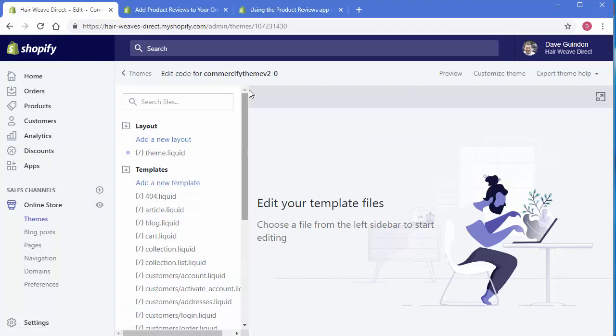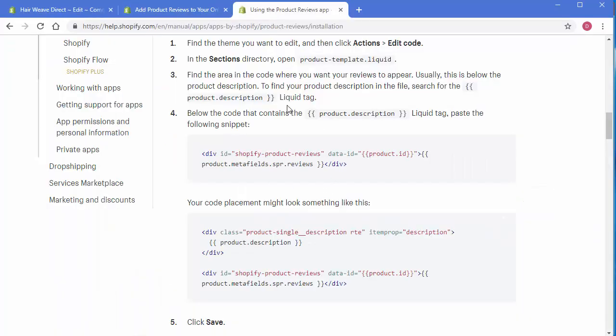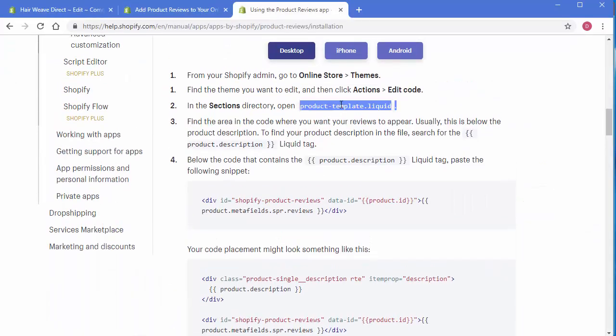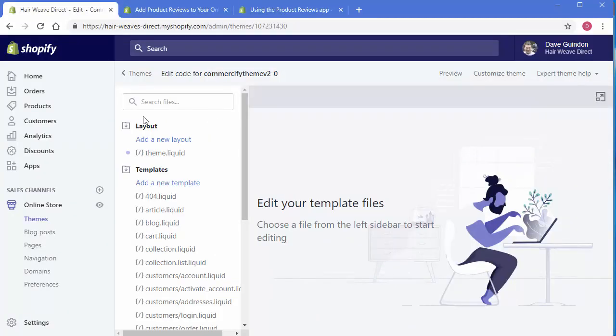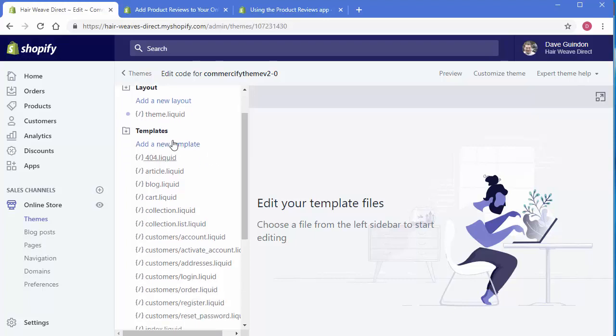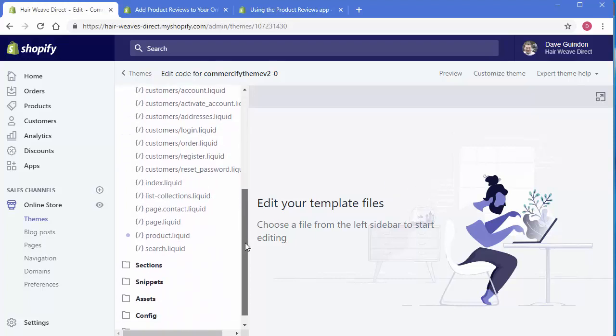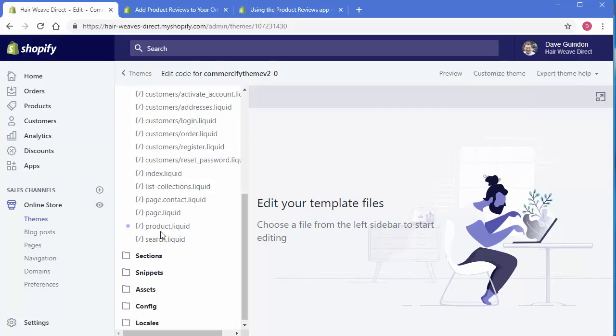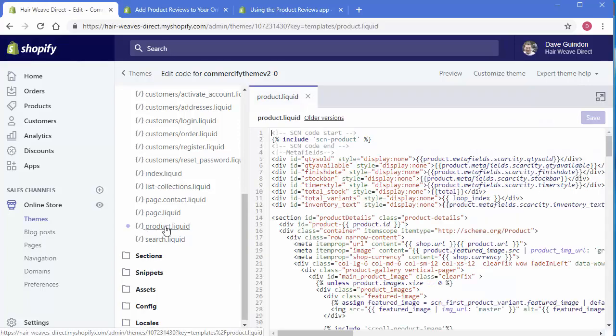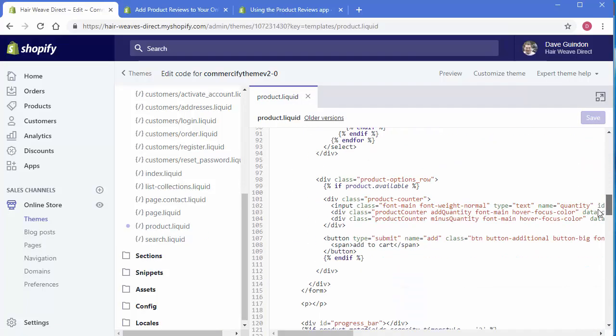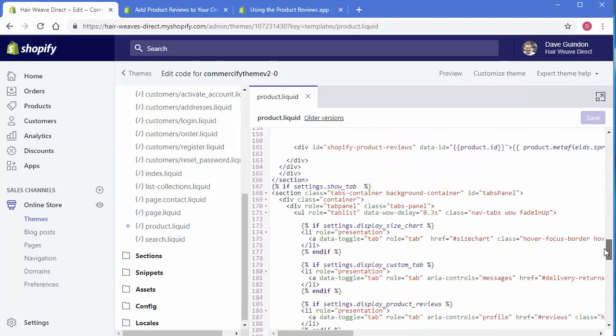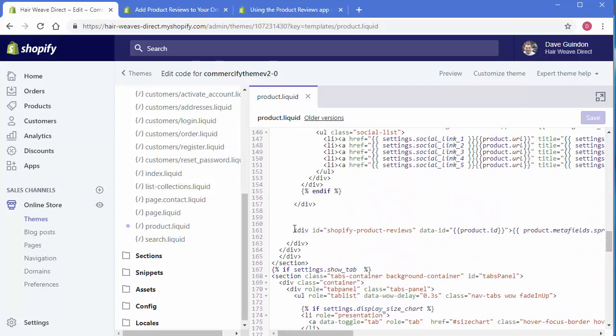In the code editor, it says you want to go to product-template.liquid in the sections directory. They're saying in the sections, but mine is right here. Anyways, if you click here and scroll down, you can see I put it right here.